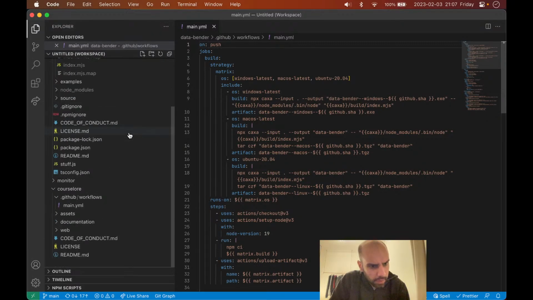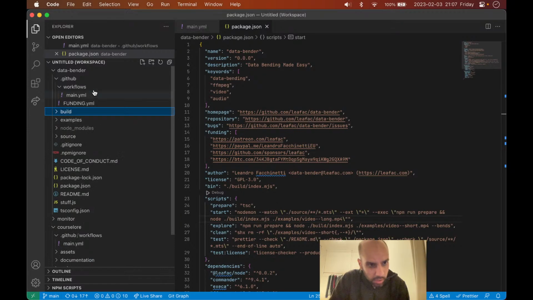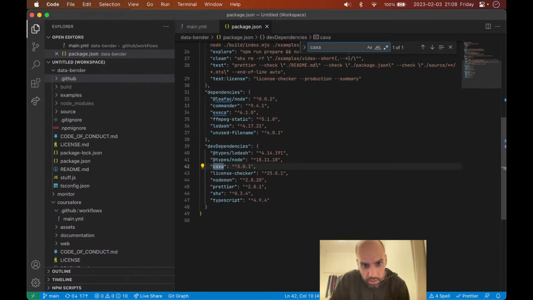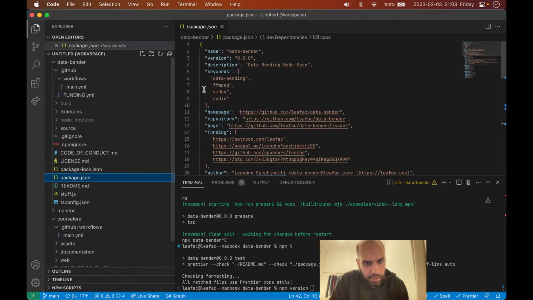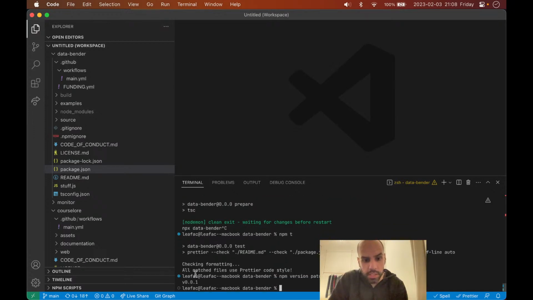There is one thing that may be missing. Do we have cache here? We do. Awesome. So npm version, and the version is 0.0.0 at this point. It is. So npm version, and let's start humble and do a patch release, which is going to be 0.0.1,